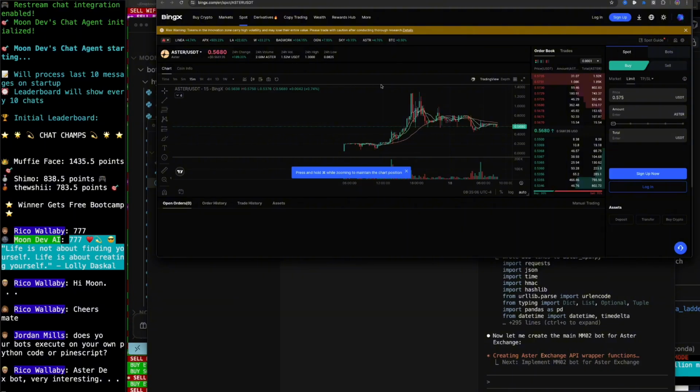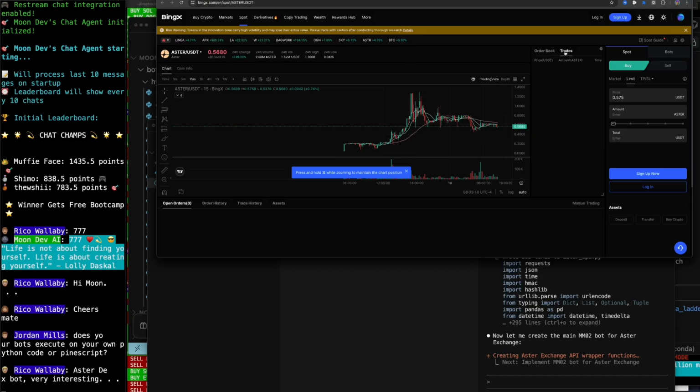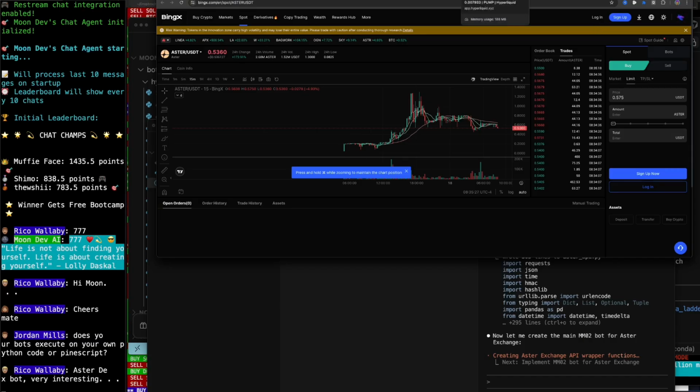Aster USDT. Are there trades going through? 834. Not a lot of trades going through. So maybe not a lot of volume. 1.52. 135. 18. That's an arbitrage. Pretty sure, but